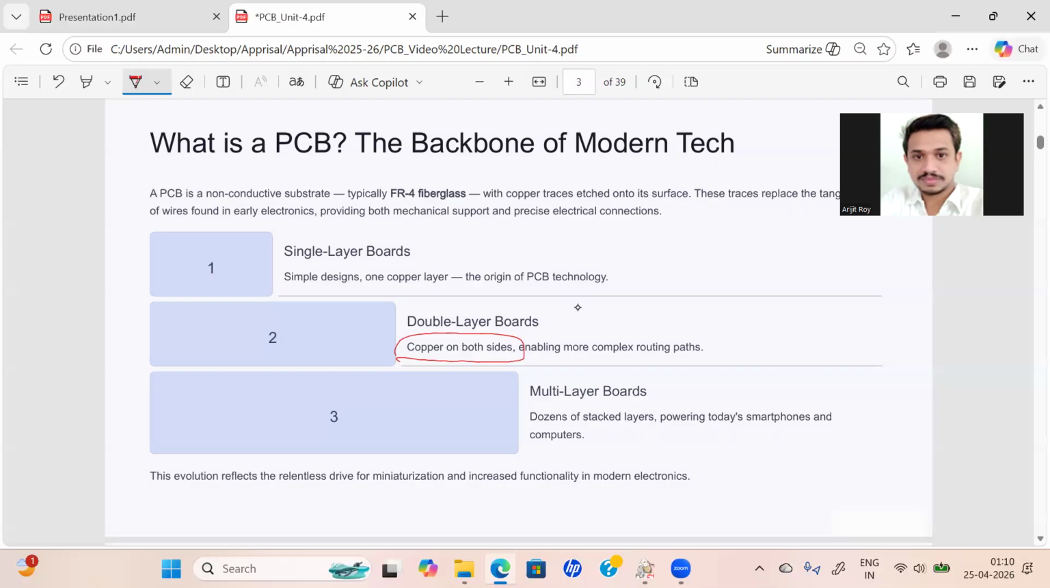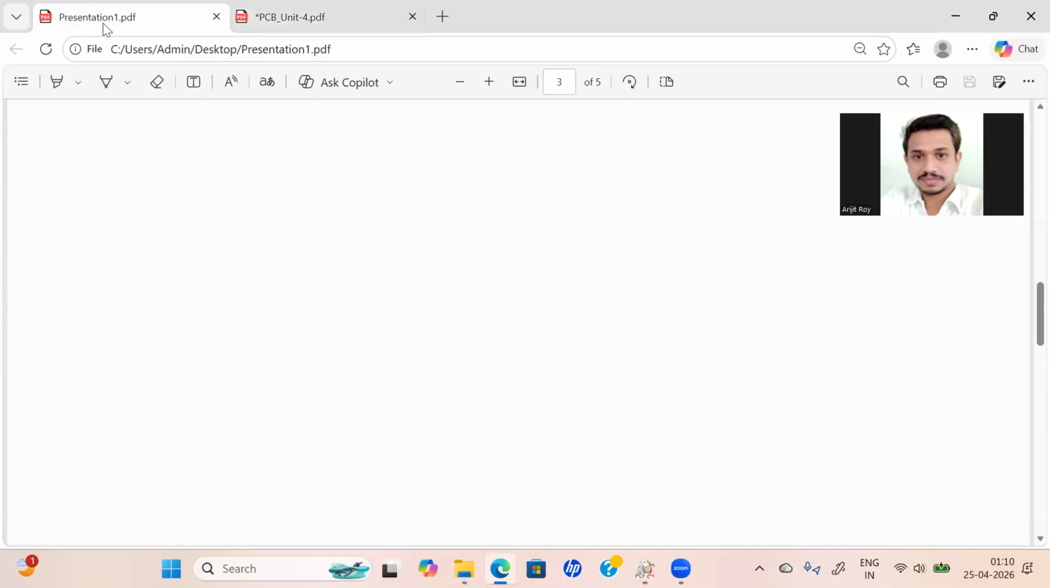Component density and conductor lines are higher than single-sided PCB. So obviously the circuit will be more complicated in this double layer PCB board compared to single layer. So that means if I am going to draw this double layer,